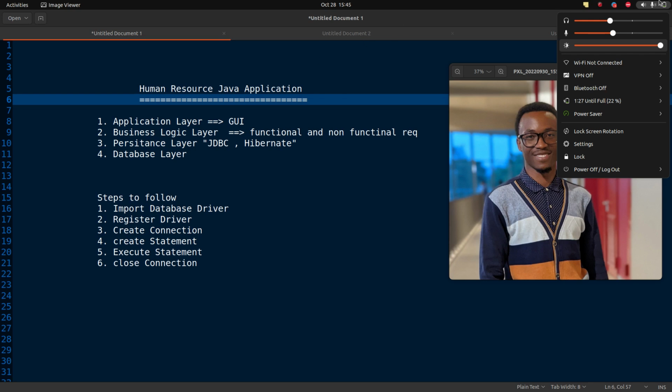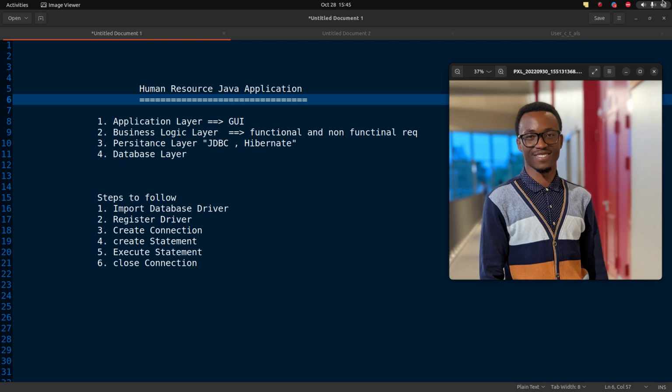Sometimes you might be requested to create a human resource application that's going to manage the employees employed in a company. That means you might need to know exactly the location of the employee, some information for him, the salary that he should get, and so on. As long as the human resource will be able to manage those kinds of employees, the system will be able to fulfill the client's